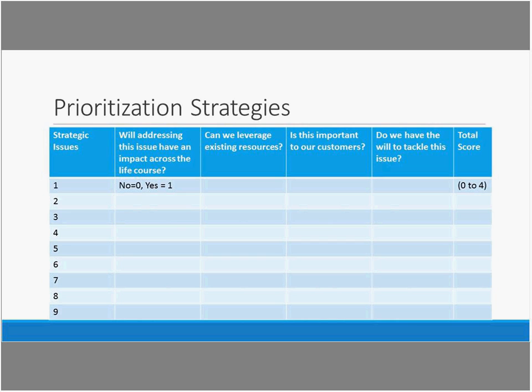So you're having another level of maybe 1 to 4 in what people are scoring for each of these, so that you have more variability in your total score that you come up with in the end. So this is a little bit more of a resource-intensive way of doing it,